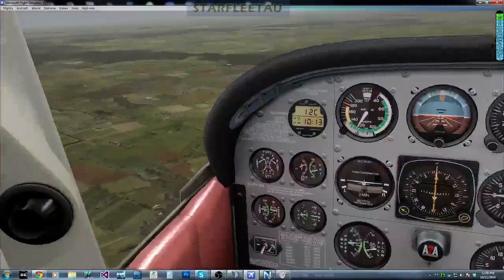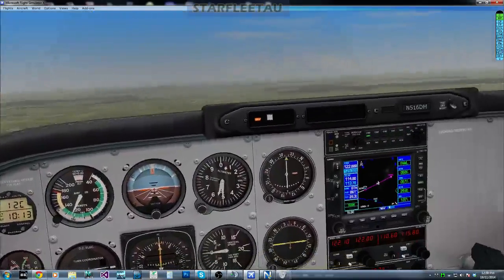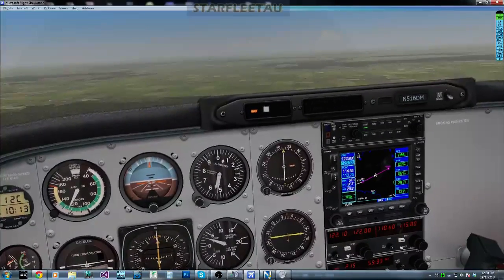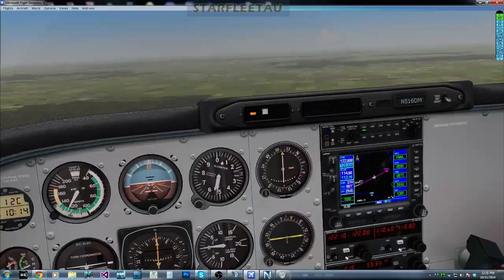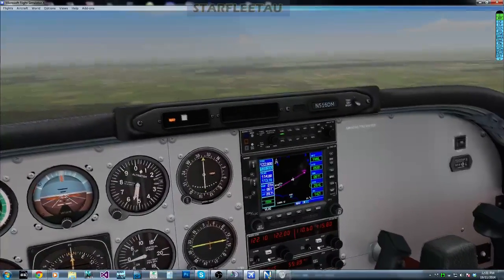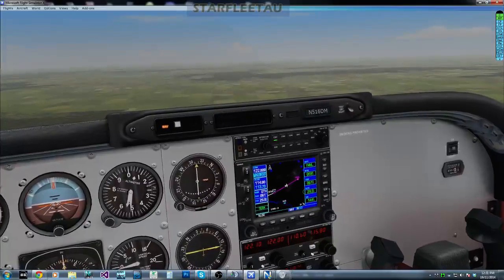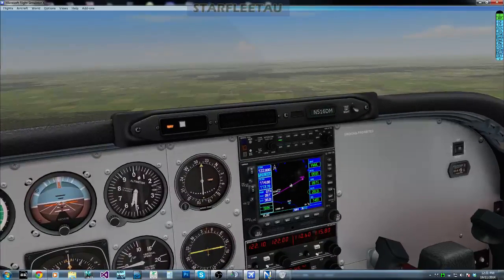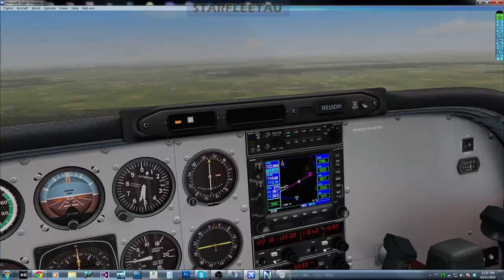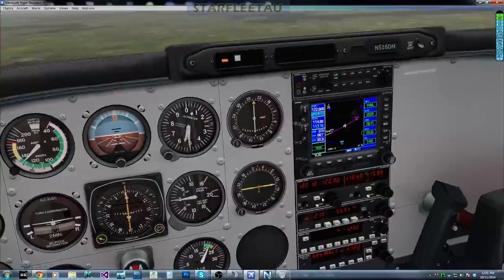So 2.3 hours on the engine now. We do want to actually grab the